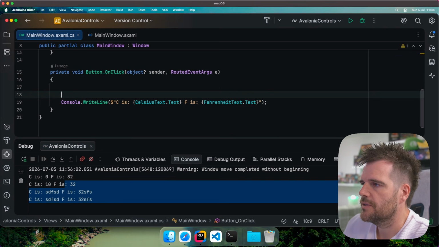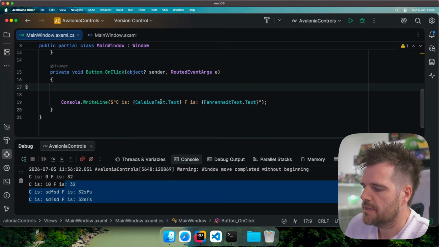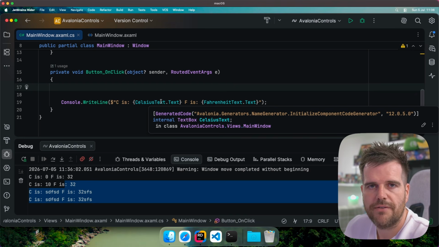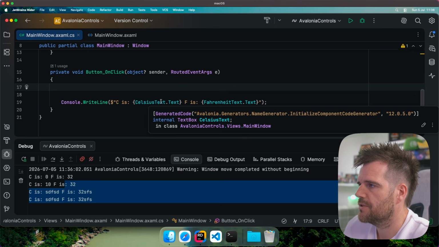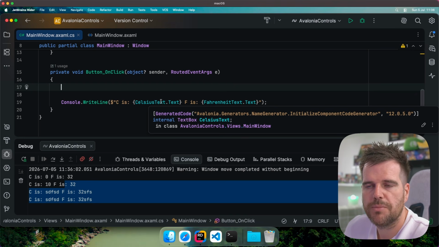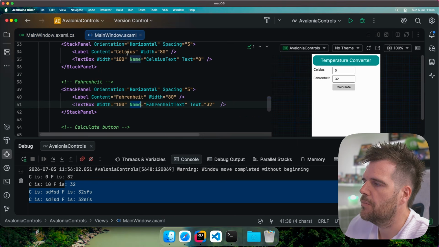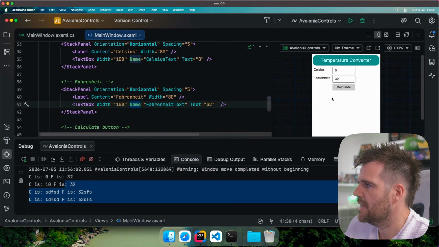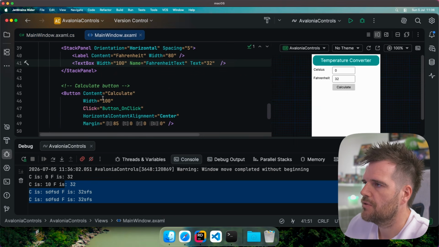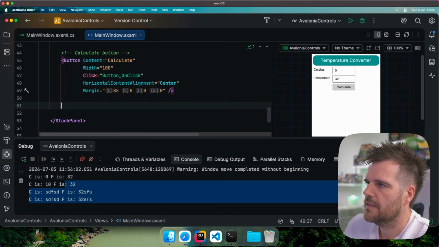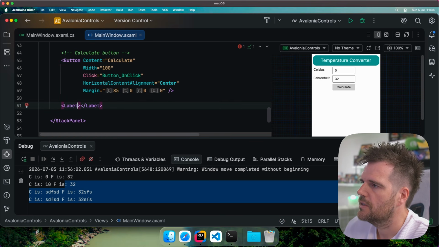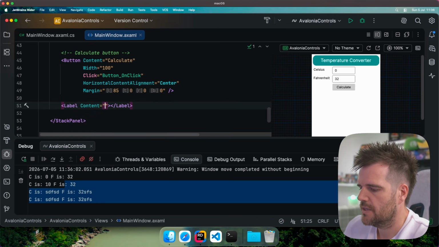If we want to convert these values into text or report an error, first we need to decide what we are going to do if there's a problem, how we are going to display or report that. We can do it with a pop-up, or maybe a hidden string in the box here. So what I'm probably going to do is go into here, add a label, put the content out for, say, click calculate